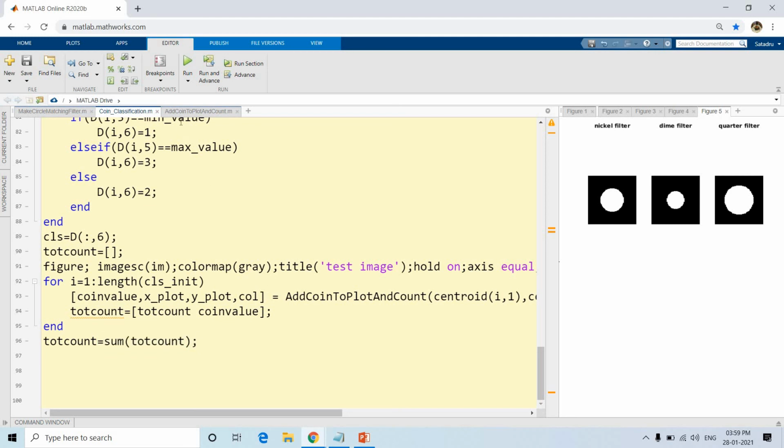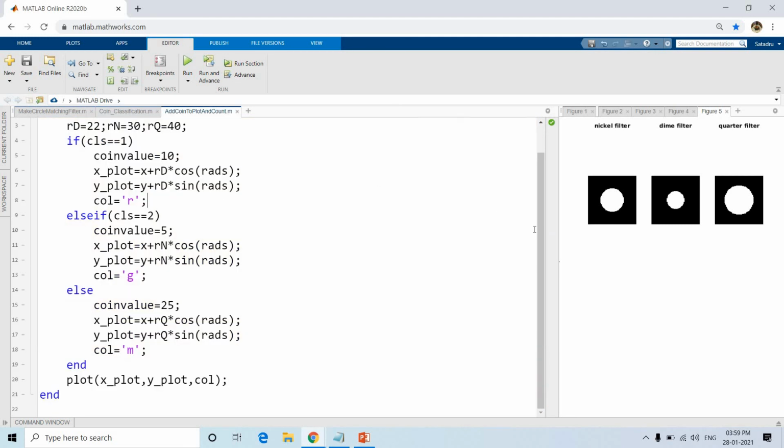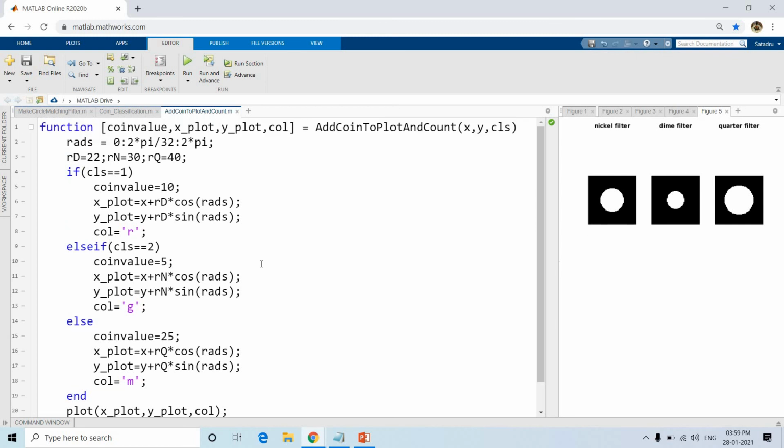So this is the simple way. And here also this particular function is present. This particular function I will be providing in the description box or in the comment section. If you want, you can go through that.